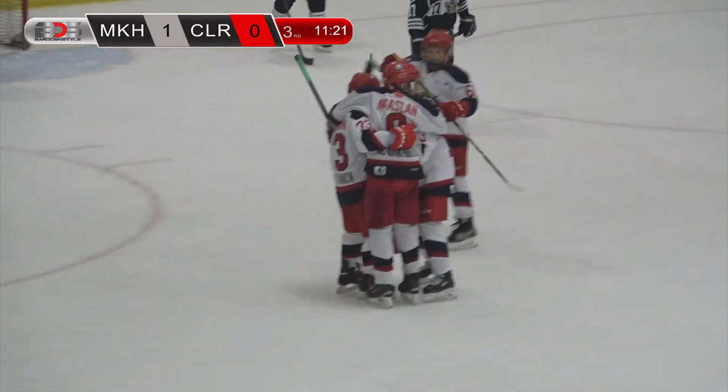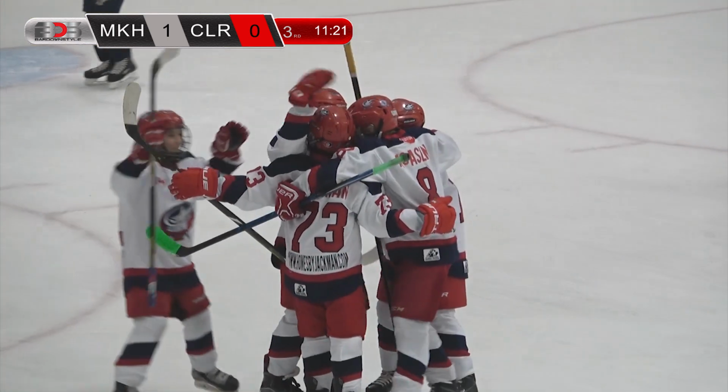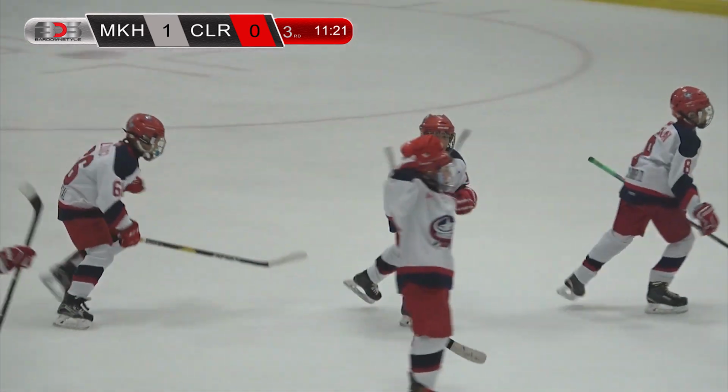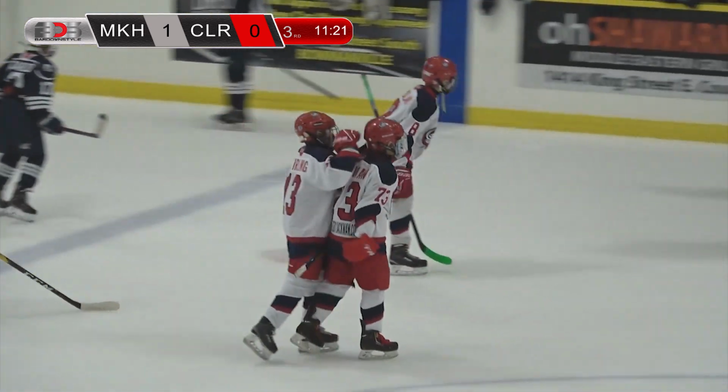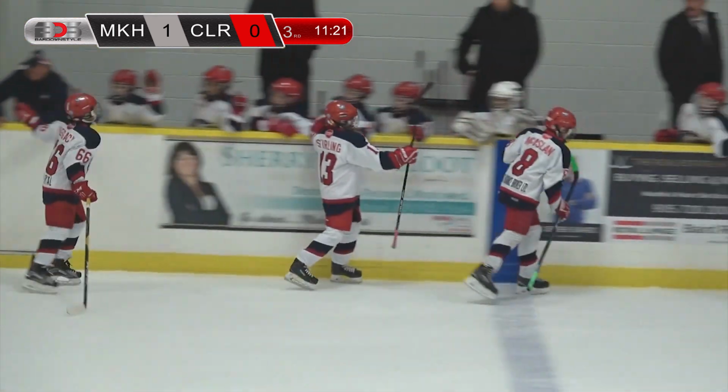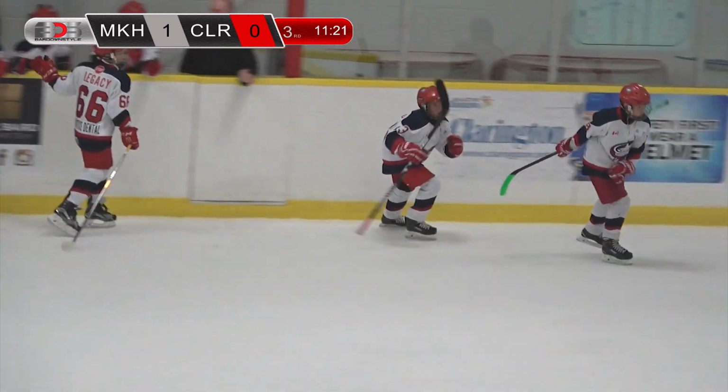I don't know if that hit anything in the front. If not, that could be Ethan Sterling's first goal of the season. And what a big time to get it. The Toros don't take long. Only 23 seconds on the power play. That one comes at